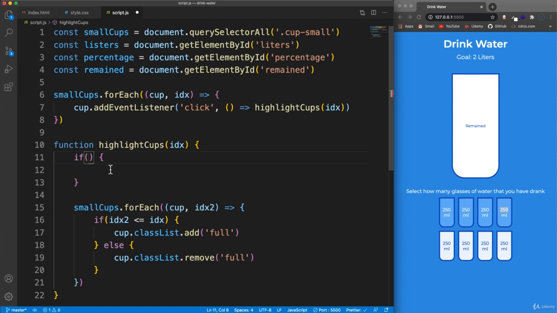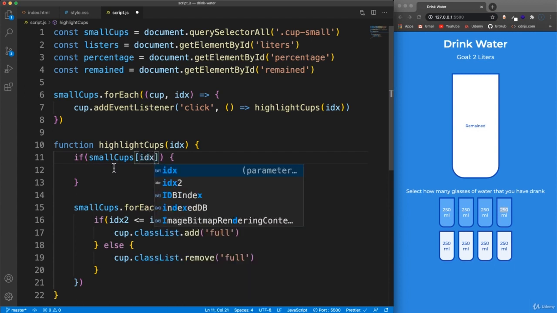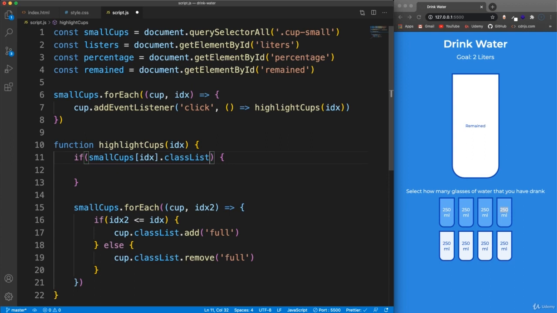So the way we can do that is by checking small cups, which remember is a node list, similar to an array. So I want to get the current index, meaning the current one we click on, and check the class list and see if it contains, so there's a method called contains where we check for a specific class. I want to see if it contains full,